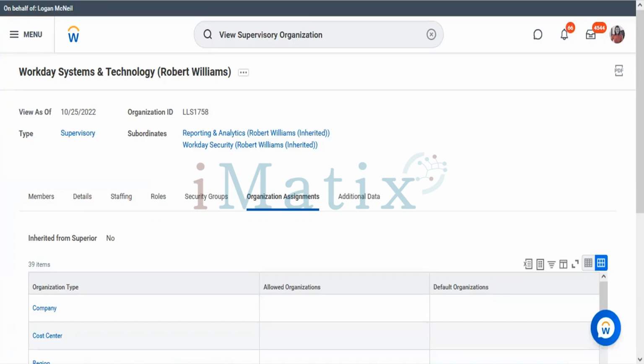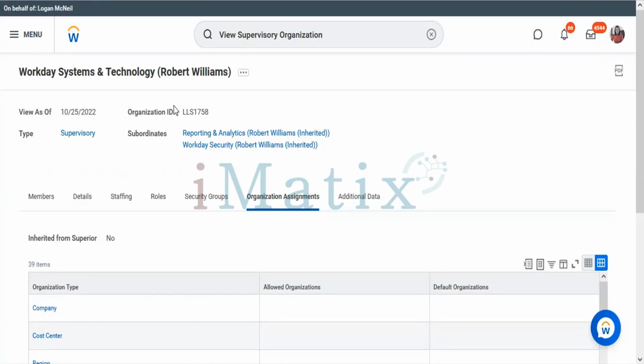There are 4 things. This would be your interview question. What are the things that will be inherited when you create a supervisory organization? 4 things that you need to remember. Roles are nothing but for a supervisory organization. You'll be assigning the manager role.